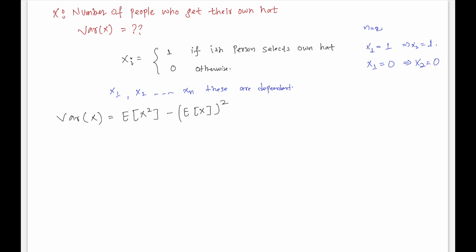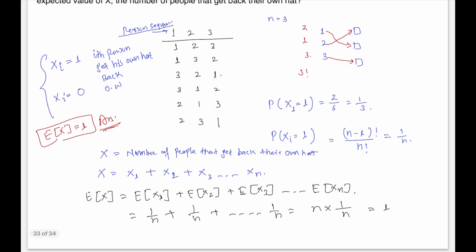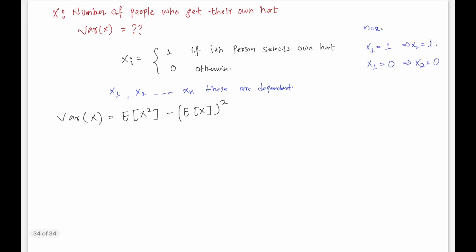In order to find the variance, first of all we need to find this, and we have already found the expected value of this random variable x, that is 1. So let's first find the expectation of x square. What is x? We can write x in terms of the sum of these random variables, right? I hope there is no confusion on how we are writing this. What will be the x square? X square will be the sum of